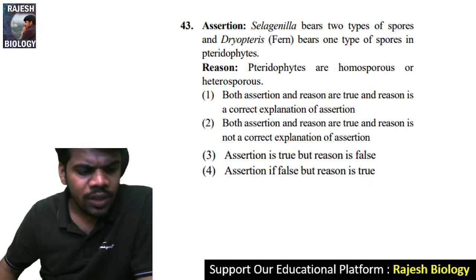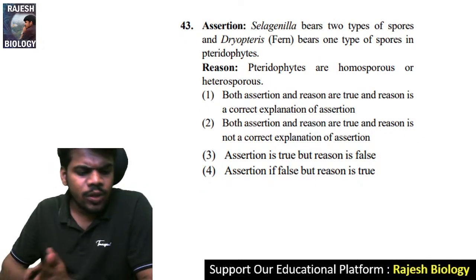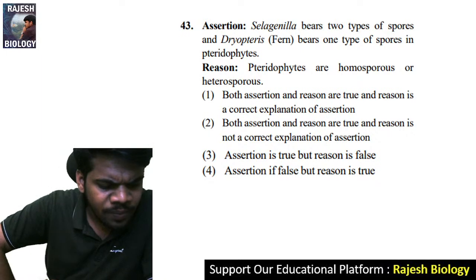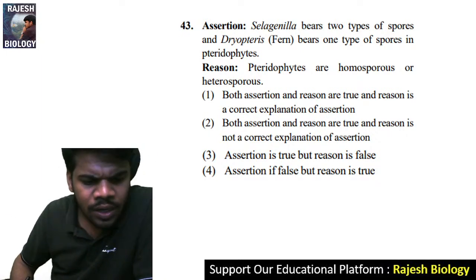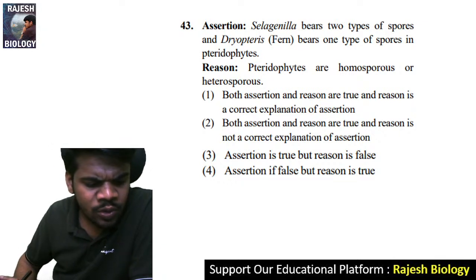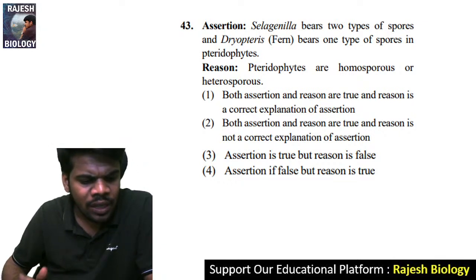Now come to the 43. No, Saujanya, it is Nitrobacter bacterium. And come to the 43. Priyanka, you are right. 41 is 2, 42 is 4, 43 is